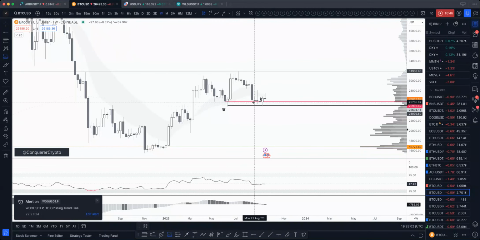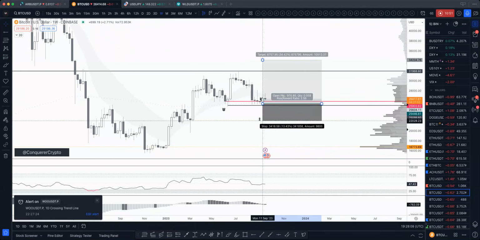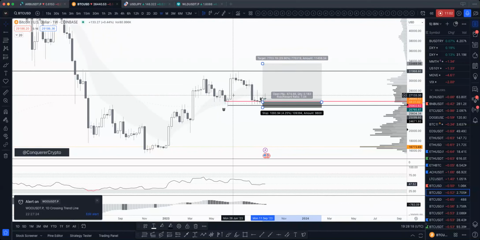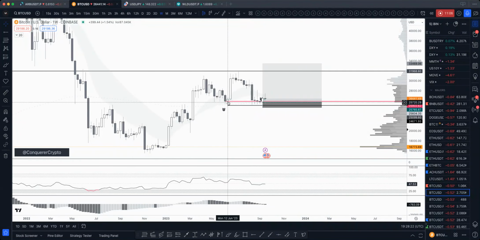Because if we're going to go up, we shouldn't be breaking this. So whatever you're going to do is try to enter the position as close as to this area, and then hope for another high, right? As long as the structure is intact. For now, it looks like it is, but